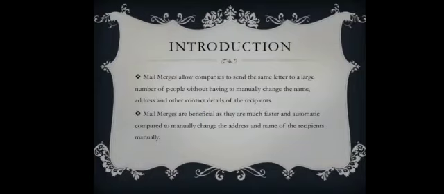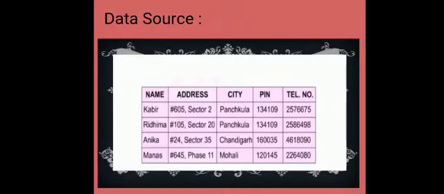So the mail merge feature of Microsoft Word is used to combine two things, that is data source and main document. The data source is the addresses of all the recipients and the main document is the letter. Students, for example, you are having a birthday next month and you want to invite all your friends, so you will be sending an invitation letter to them. So that letter will have two things. One is the main document, right? And the second thing is the data source, meaning the addresses of all your friends.